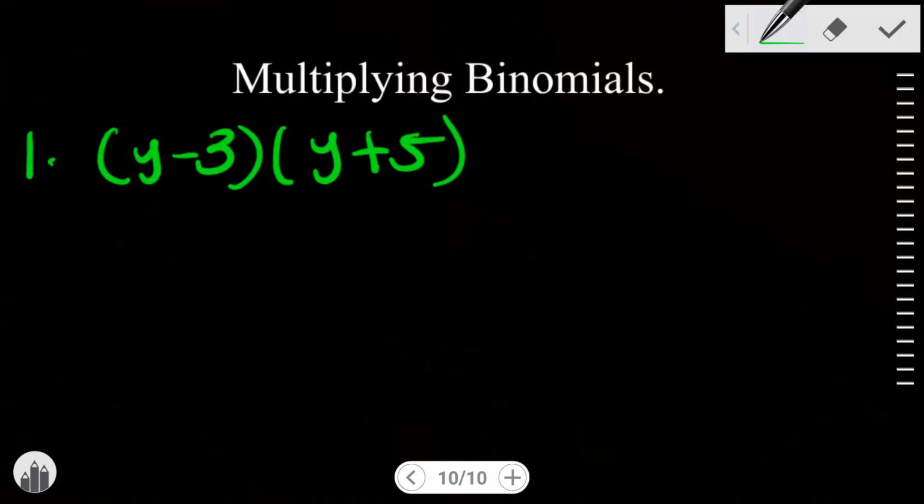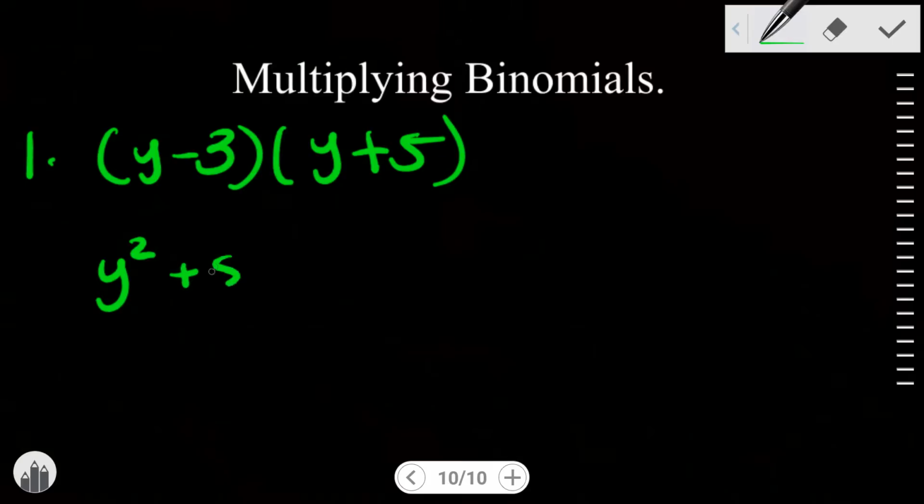So whenever you're multiplying binomials, it's best to do the FOIL method: the first, the outers, the inners, and then the last. So I'm going to start with this y here on the left side and multiply it by the y. That'll give me y squared. Then I'm going to take the first y again and multiply it times that 5, which is going to give